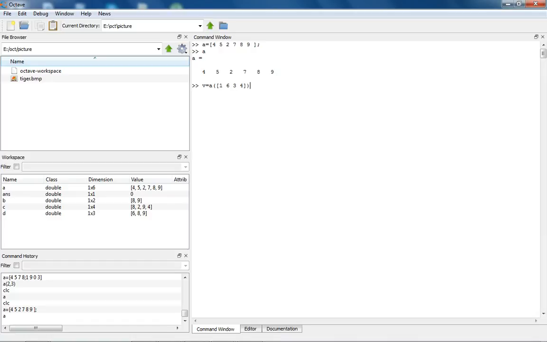Whereas 1, 6, 3, 4 stand as indexes, the first, sixth, third and fourth elements of the array A are retrieved. So 4, 9, 2, 7: in the first position there is 4, in the sixth position number 9, from third position 2 and fourth position 7. These numbers have been retrieved.